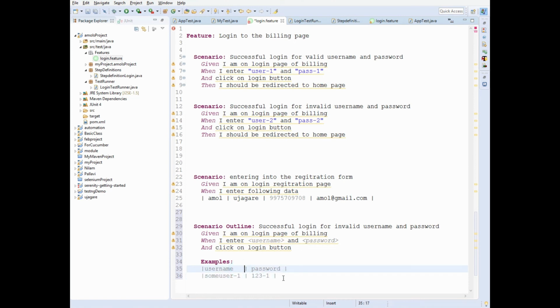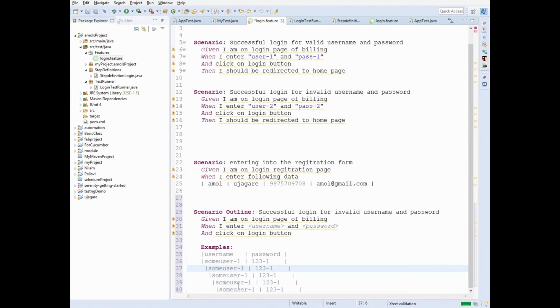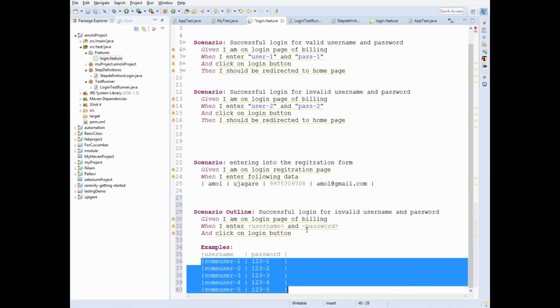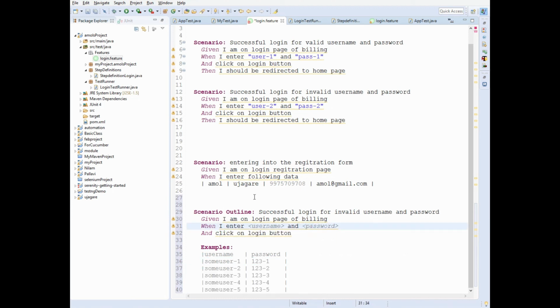Okay, so this space doesn't matter actually, but in order to look neat and clean, I'm just putting it like this. So we have around 5 sets of usernames and passwords. So let's see how to implement it.